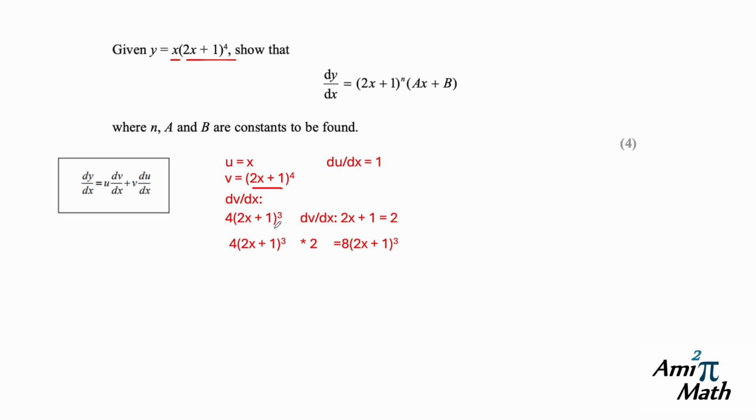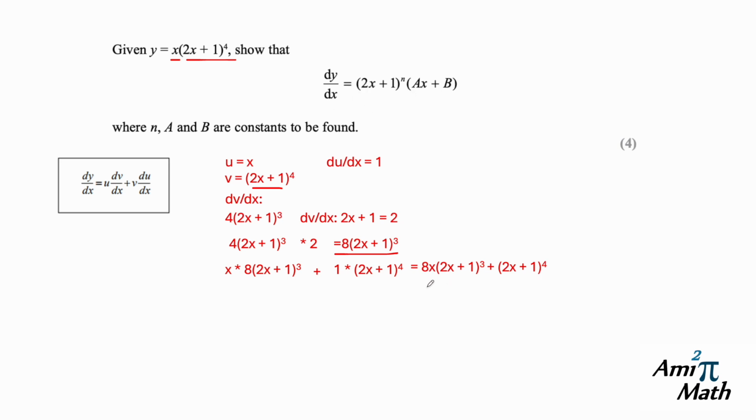And then after that, we just need to substitute these back into this equation. So we have u multiplied by dv/dx, so this part here. And then we add v multiplied by du/dx, which is just 1. And then we add them, which gives us 8x(2x + 1)^3 plus (2x + 1)^4. And then obviously this isn't in the format that the question wants it to be in, so